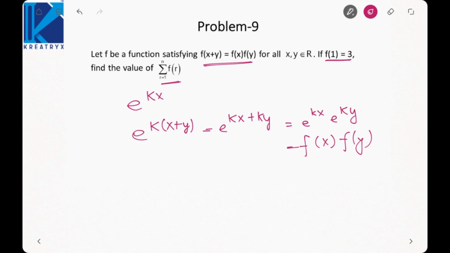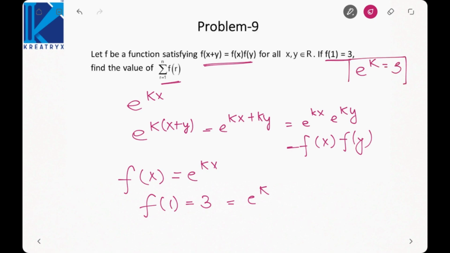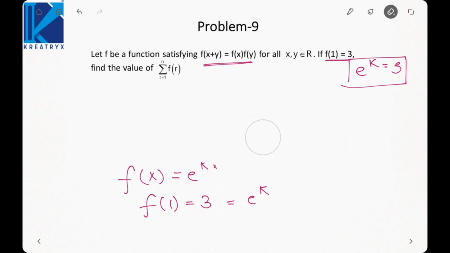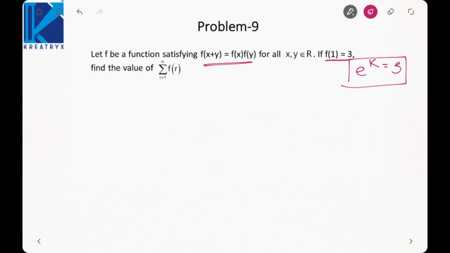So if this property is true, then I can say f of x is equal to e raised to the power kx, where I still do not know the value of k. But it is saying f of 1 equal to 3, which implies e raised to the power k is equal to 3. So now I know the value of e raised to the power k. Now if you see, it wants me to find the summation r equal to 1 to n of f of r. That is, this summation will be equal to e raised to the power k, e raised to the power 2k, 3k,